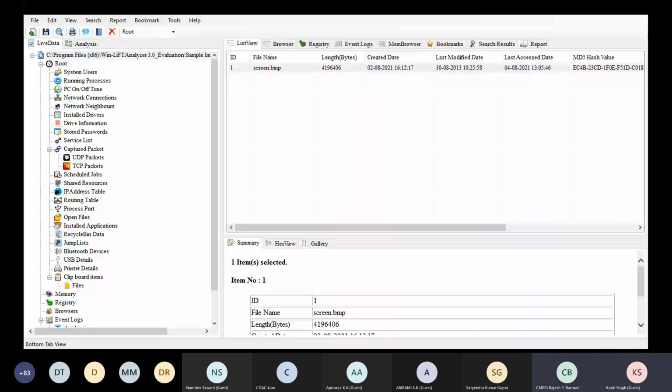Because most of the time the size of the hard disk is 1 terabyte or 2 terabytes. So based on the size of the hard disk, at least 1 terabyte, it will take more than 1 day. When I say that the suspect media's storage capacity is 1 terabyte and the data that is actually there is 500 GB, it doesn't mean that we need to create the image for 500 GB only. The software will create the image for the whole 1 TB, whether data is there or not. It will create the image bit by bit, sector by sector for the whole 1 TB. So it takes a lot of time, at least 1 day, 2 days to just create the